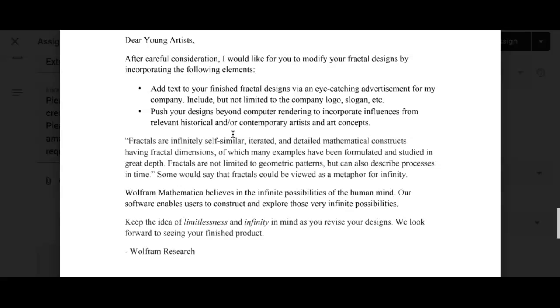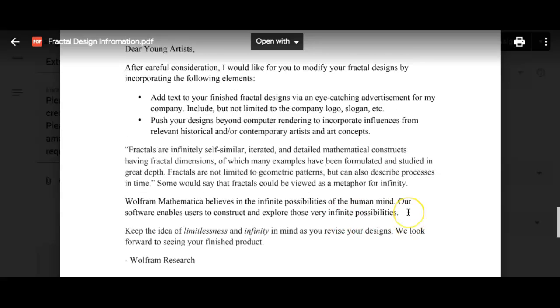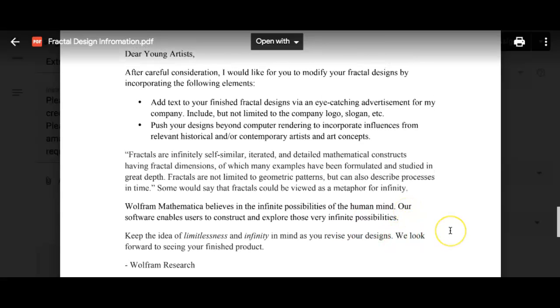Push your design beyond just using the computer. So what you could do is take your design and incorporate other images into it, or other backgrounds, or other relevant artists that are important to similar types of art. I'm going to leave you a list in just a minute, but Wolfram Research says in their next letter to us,